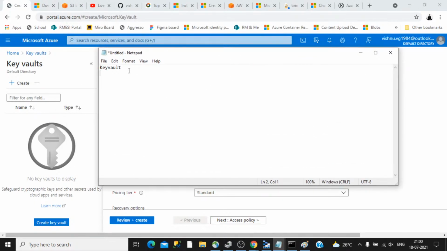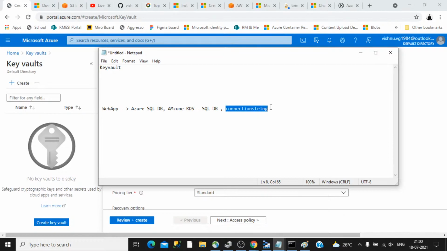So before Key Vault, let's see how we are going to store the configuration values. Imagine you have a web app and your web app is going to access a DB. Let's say it's an Azure SQL DB, or in another way, it can be an Amazon RDS SQL DB, whatever. To connect your web app to these, you will have your connection string with you. Okay, connection string. So that connection string is a kind of sensitive information.